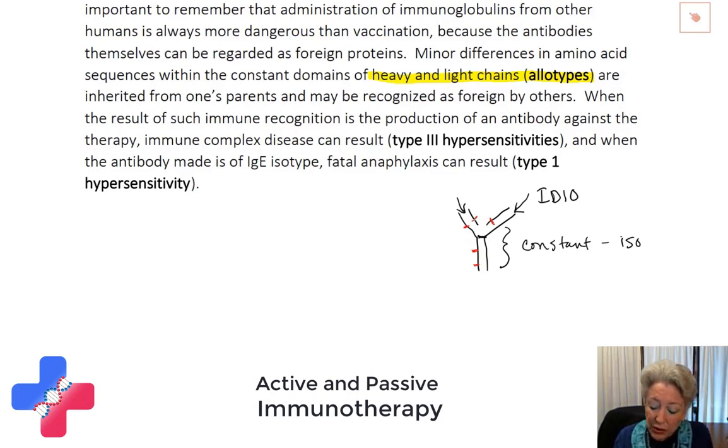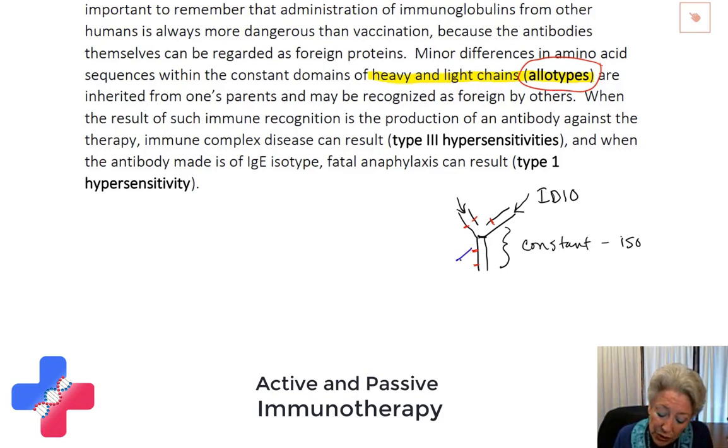And what allotypes are is simple amino acid differences in the constant domains of the molecule, both the heavy and the light chain, but they are genetically determined as having been given to you by your parents. So a person with one genetic heritage could have different allotypic markers in those regions than the person who's donating the serum for their treatment. So what can happen then